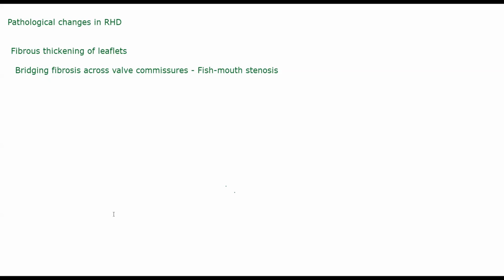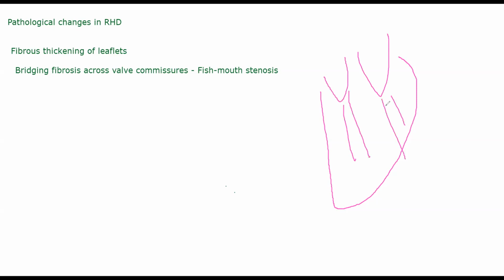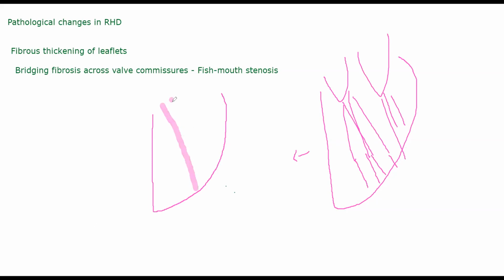So if I draw, let's suppose like this, right? You have papillary muscles and you will have chordae tendineae like this, right? This is a very rough diagram obviously, okay? Please excuse the diagram. Now this is the normal length, and because of rheumatic heart disease, let's suppose they are shortening and thickening. I'm not saying their attachment changes, okay? They will still be attached to the wall of the heart, but because they are fusing and becoming thicker and shorter, so imagine these are the fused ones, okay? And they have fused and they've become thicker. What will happen is the volume of the heart will change, okay? Specifically the volume of the ventricles will change.